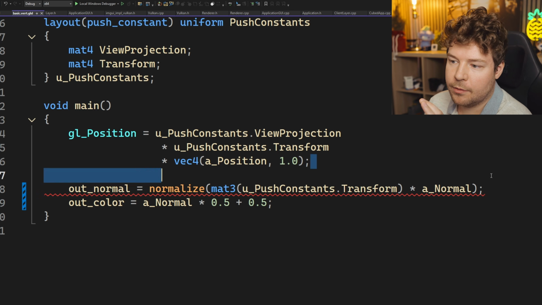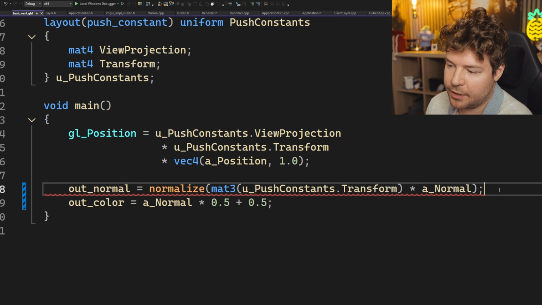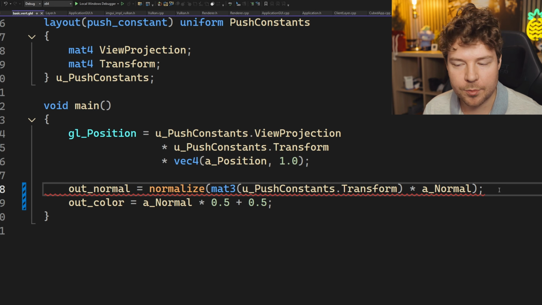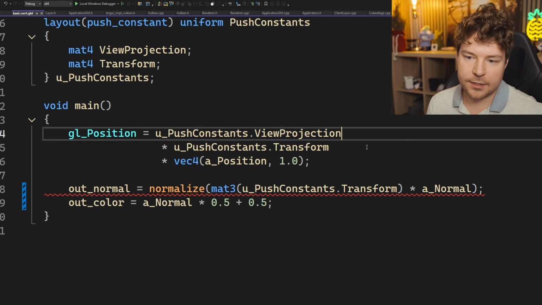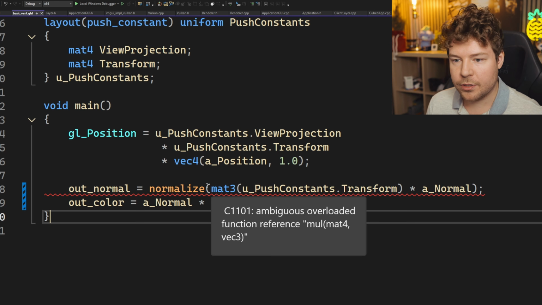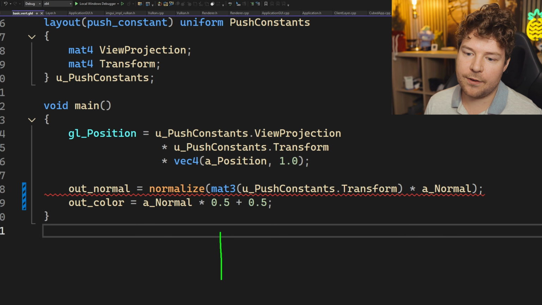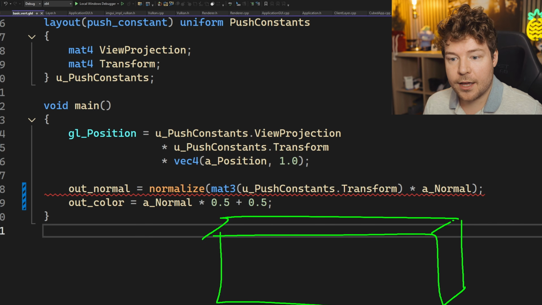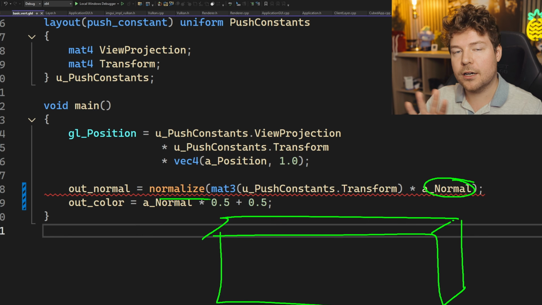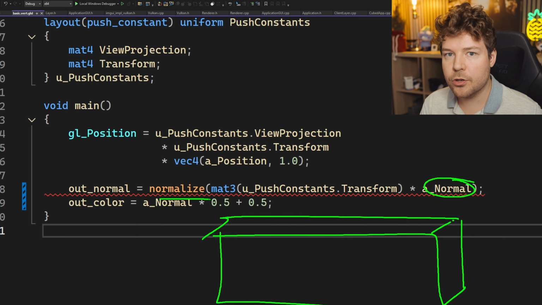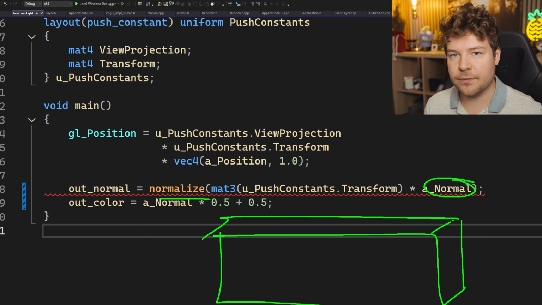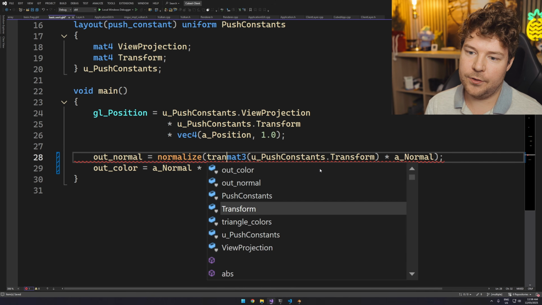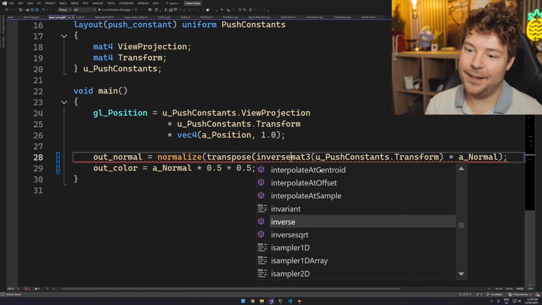One final thing that I want to mention about this, which is probably getting a little bit too deep here, but I think it will affect us if we make everything out of cubes, and that is non-uniform scaling. So this is a nice kind of easy way to do this. However, the problem is that if you have the cube non-uniformly scaled, then when you apply this transformation with the scale to the normal, even if you do normalize it, it's still kind of skewed the normal to a bad place. So usually what you would do to avoid that is you would use the transpose inverse of the matrix, which sounds like a lot, and it is, but you just do transpose inverse on this entire matrix,